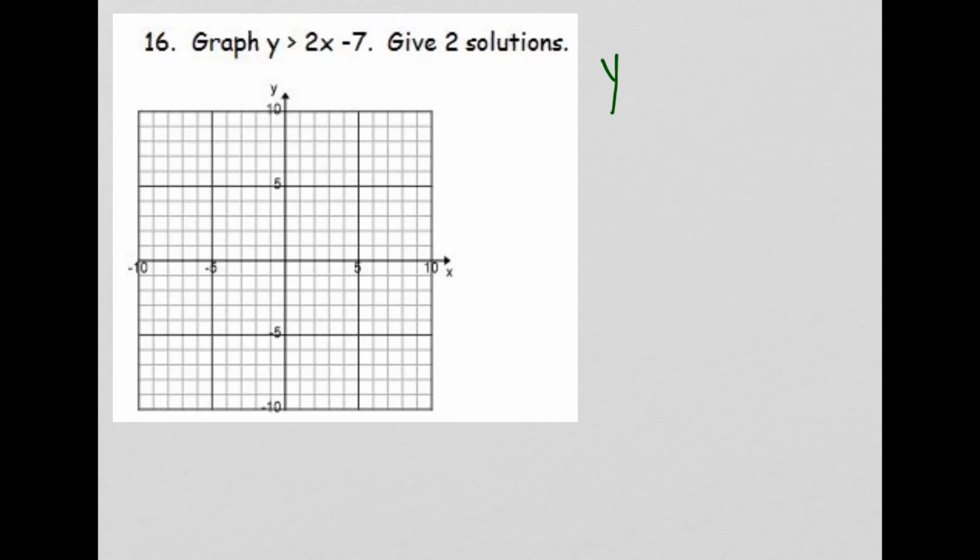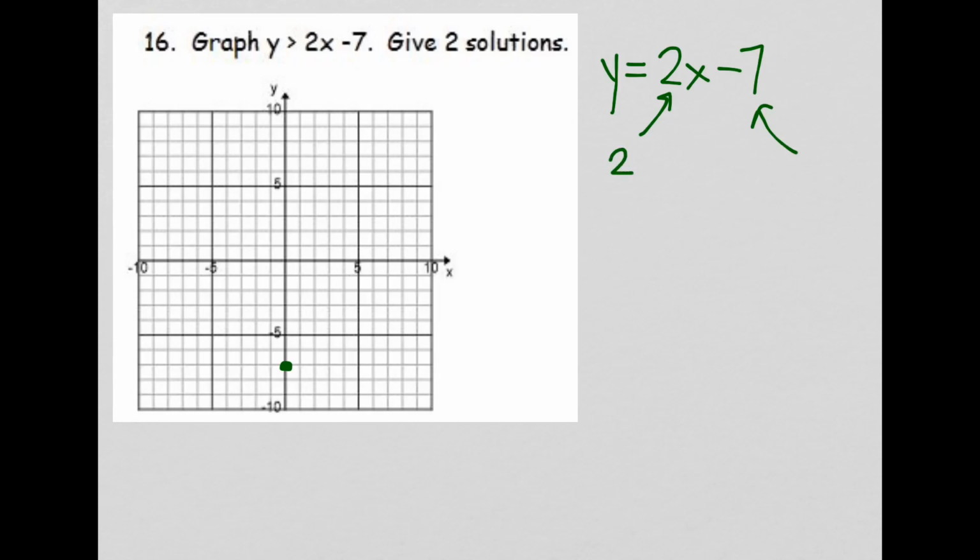And we're going to do that by pretending there is just an equal sign there. I don't want to hear anything about any shortcuts. If you turn that inequality into an equal sign temporarily, then you graph it. You're going to be like, okay, my y-intercept is -7, so I go to -7 and put a point. My slope is the coefficient of x, the number being multiplied by x, and right now that looks like a